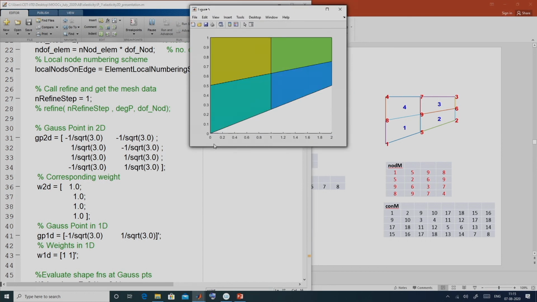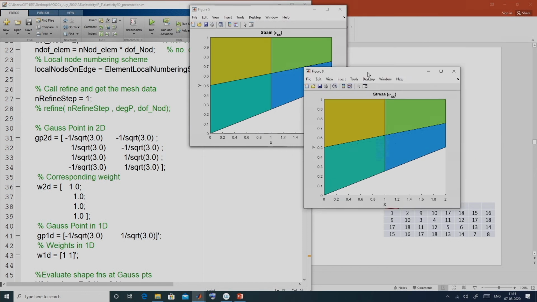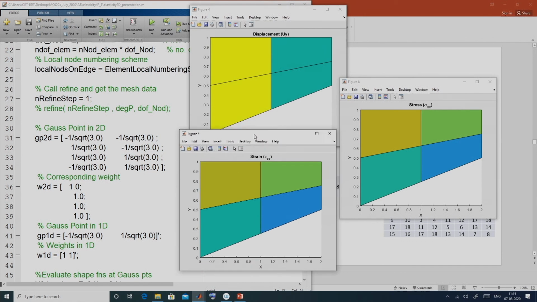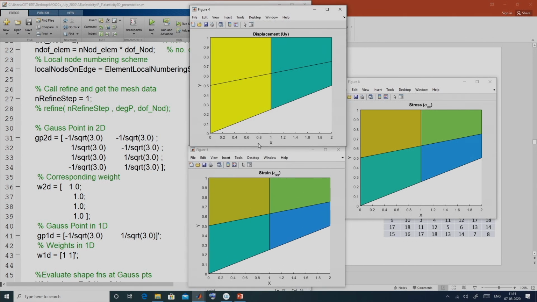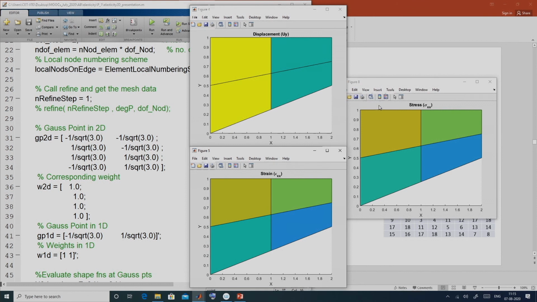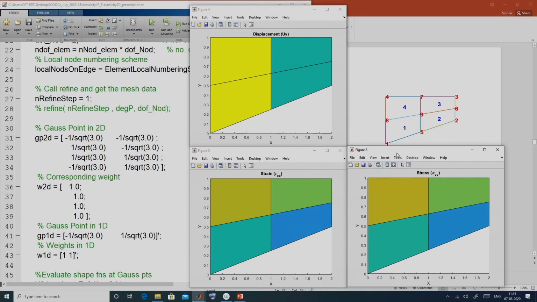As we will see, we have shown only the displacement in the y direction, the strain component epsilon xx and the corresponding normal stress component, sigma xx. Other strain and stress components are also calculated, but are not shown just to reduce the time. Even though we have taken one element, in this result it seems like it has 4 elements.